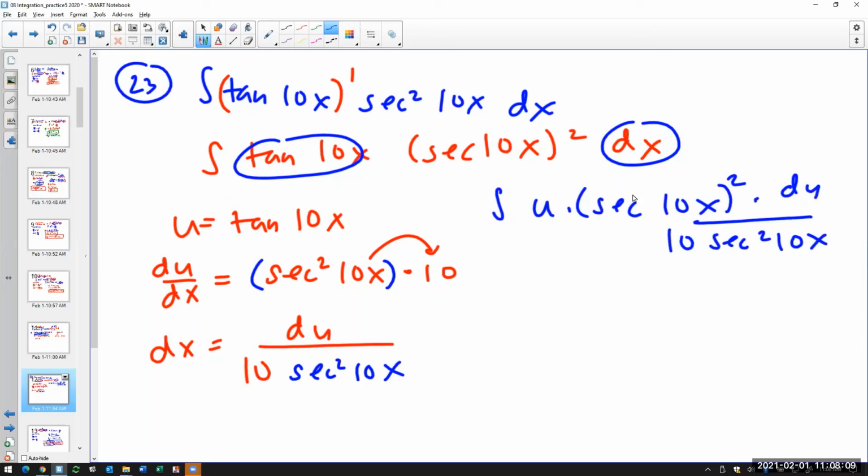And using real algebra, not the fake stuff, do your secant x's actually cancel out? Is secant 10x squared the same as secant squared 10x? Yes, so I'm going to cancel those out to 1. And then what is the scalar that I have left? Do you see it? Not just 10, but do you see it's 1 over 10? Okay, so pull out that 1/10, and at this point, you should have an easy antiderivative, or if it's a